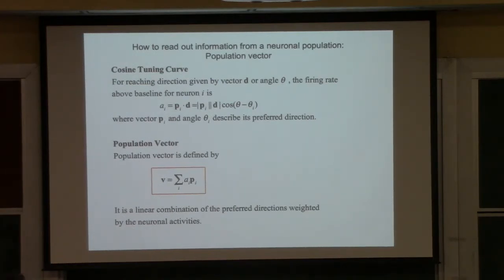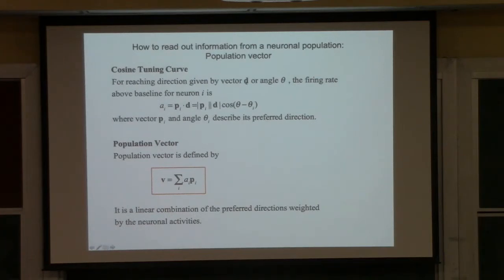The first method is called the population vector. It's extremely simple, and I just explain this because this is the first example. Actually, I invented it at Johns Hopkins. Today, people still use this kind of method. For that, we go back to the reaching example. Imagine a bunch of cells in the motor cortex. They each like some particular preferred direction, right? The preferred direction,